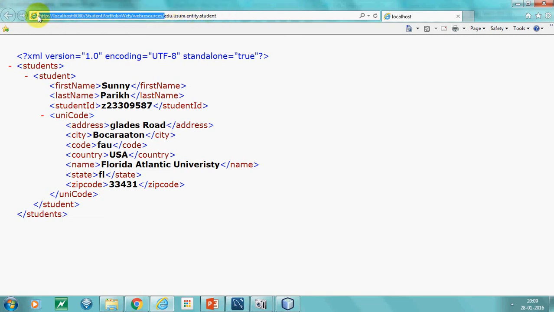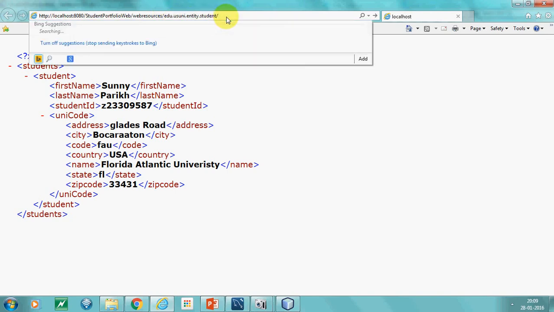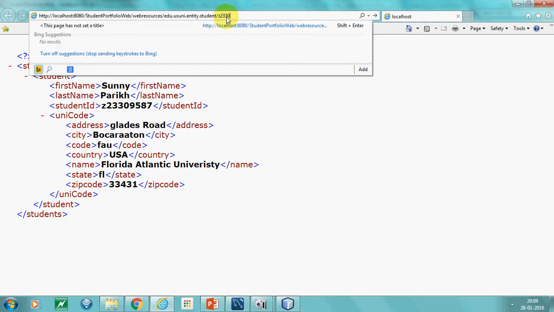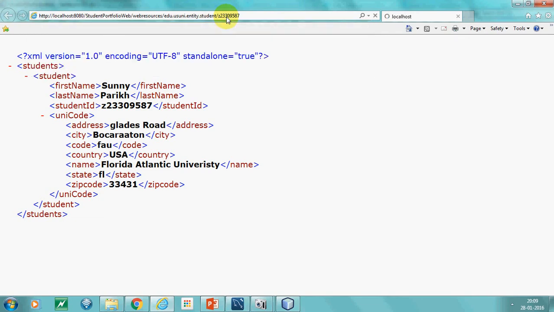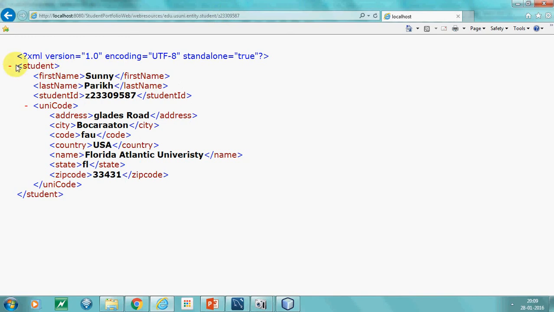So this is the complete URI path. Then we have the resource type. The resource name is edu.usuni.ntd.student. And after that, we can mention the resource ID, Z233095887. We click enter and it retrieves the student record in XML format and returns it to the web client.